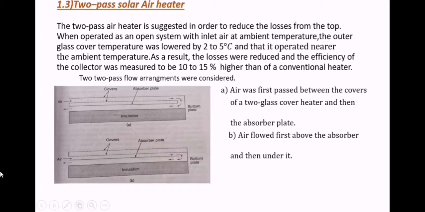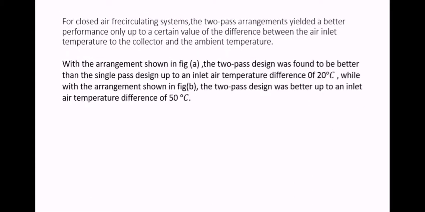However, for closed air recirculating systems, the two-pass arrangements yielded a better performance only up to a certain value of the difference between the air inlet temperature to the collector and the ambient temperature. With the arrangement shown in figure A, the two-pass design was found to be better than the single-pass design up to an inlet air temperature difference of 20 degrees Celsius, while with the arrangement shown in figure B, the two-pass design was better up to an